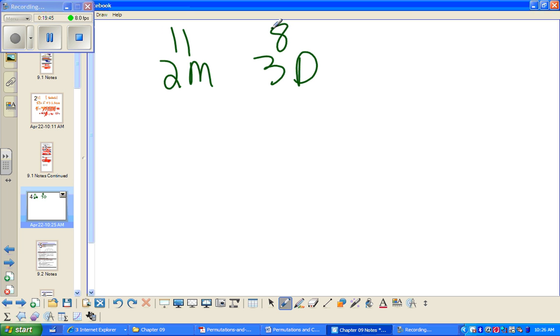Well, it's just asking how many different combinations we could have of 2 musicals and 3 dramas. It's not asking how many different ways could you pick them and in what different orders could you pick them. So in this case, what you'd need to do is choose 2 of the 11,